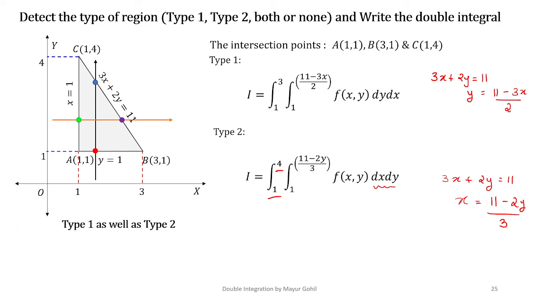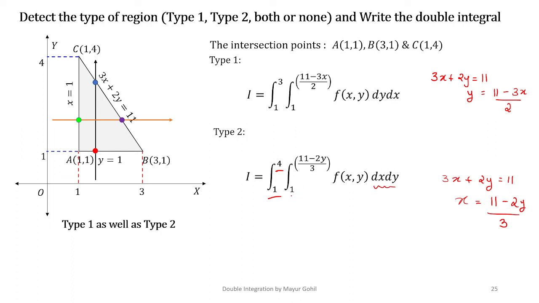Okay, so these were 3 crucial examples that I have taken for you for your understanding that a region can be both type 1 and type 2. And this last example helps you to understand that you just don't have to change the variable. There are many things to be taken into account while understanding whether a region is type 1 or type 2. You just have to be very careful.